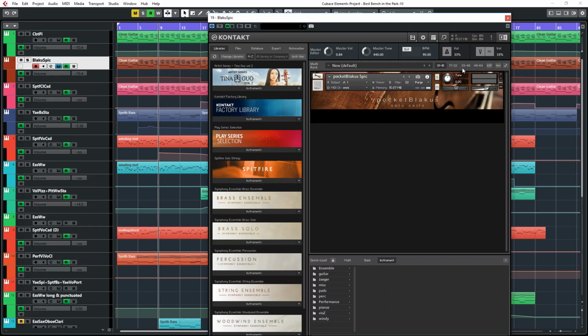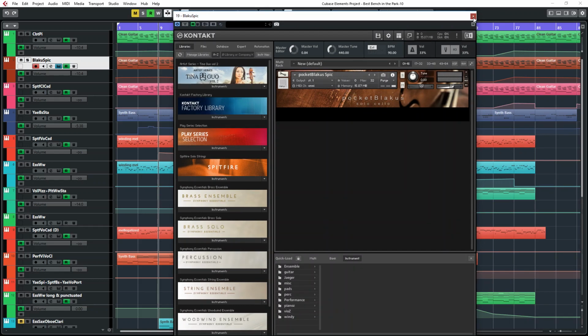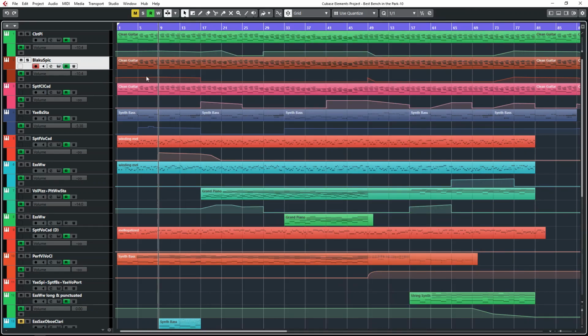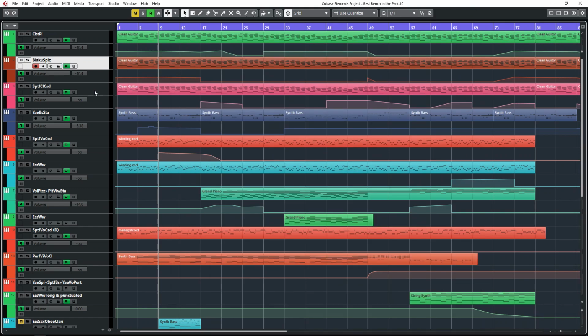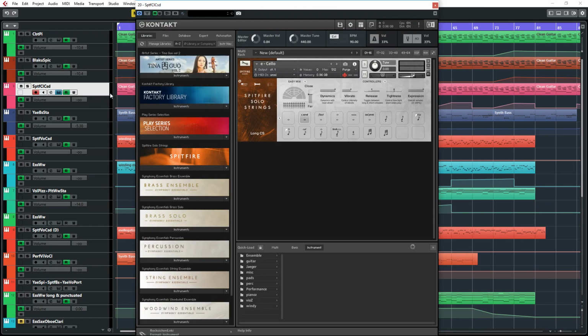I wanted to get one from Cine Samples anyway because their maker is so great, but I got scared though, because they mentioned something about watermarking and stuff like that. I was like, what? Spitfire solo strings,